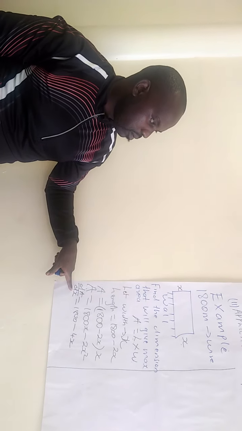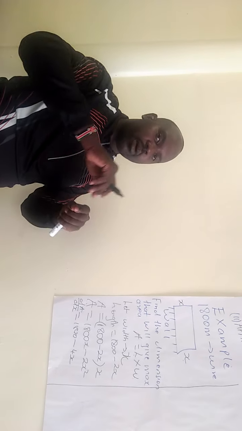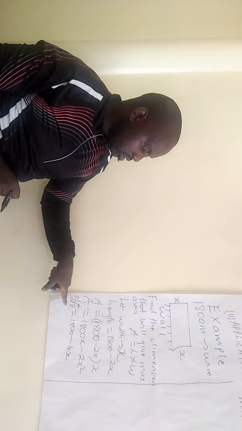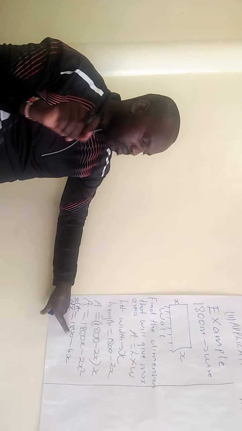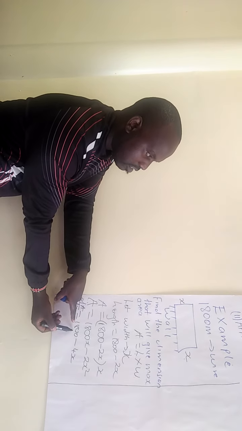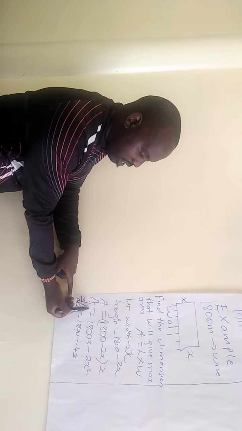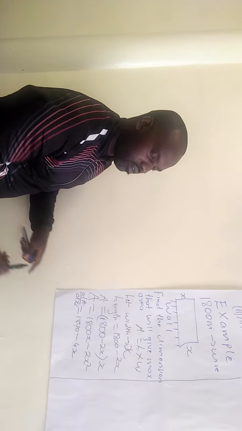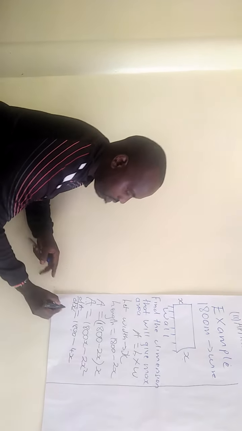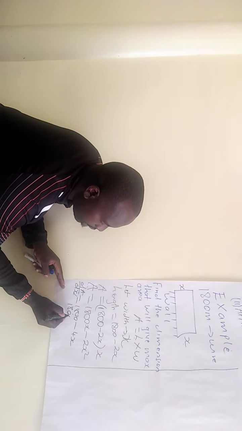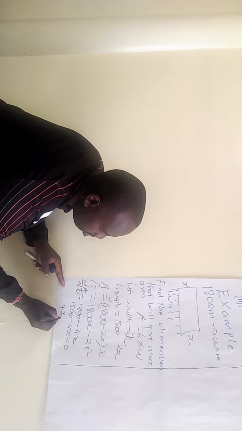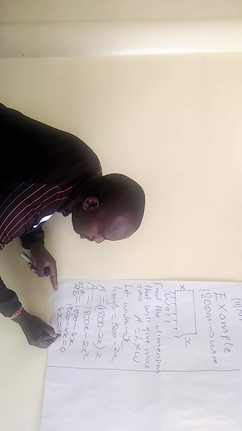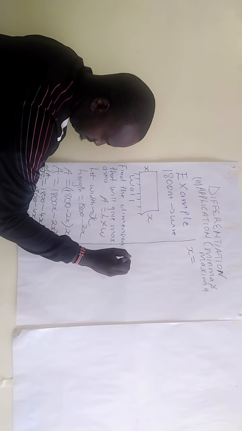This is the maxima, the turning point. To find the point, you know that at maxima or minima the derivative is equivalent to 0. So we equate this to 0: 1800 minus 4x is equal to 0. So 4x is equal to 1800, so our x will give us